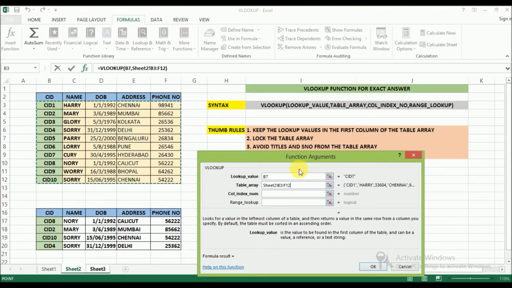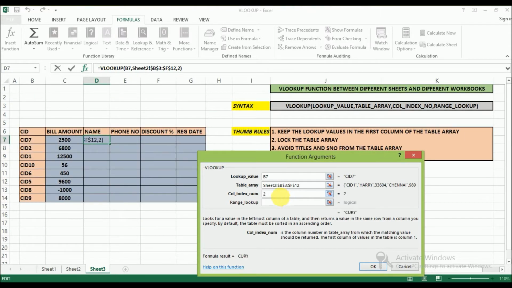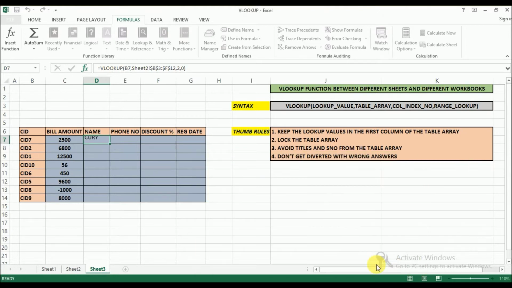I am locking it. Column index number, my name is in the second column of the table array, so I am typing 2. Now I need an exact value, so I will type 0 and click OK.